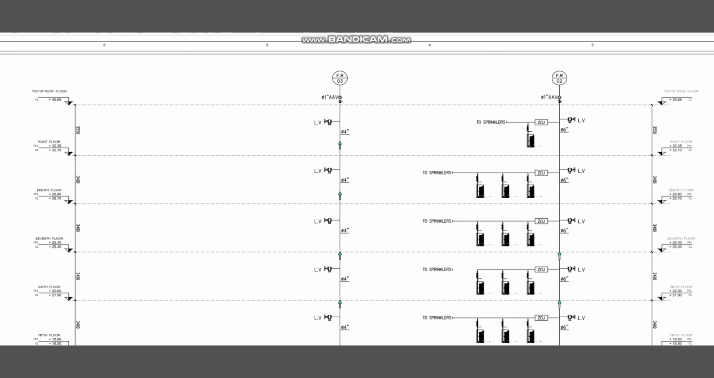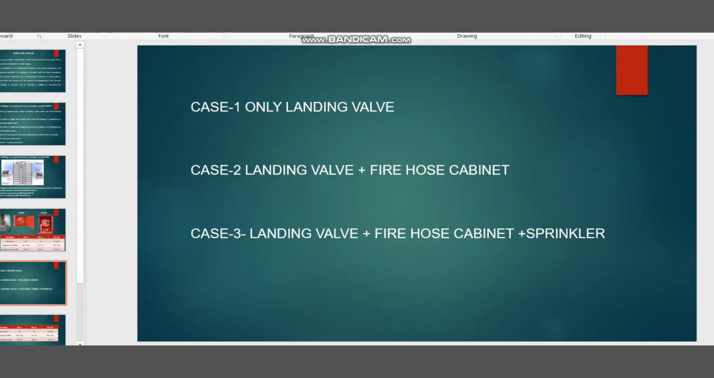high-rise building project. So for scenario 1, or case 1, let's assume we have a high-rise building, the same high-rise building, but we have only landing valves for the same project. In case 2, we have the landing valve plus fire hose cabinet without the sprinkler system. And in case 3, we have landing valve, fire hose cabinet, and sprinkler. Mostly high-rise buildings will come with this scenario, but I will explain all these scenarios so you will